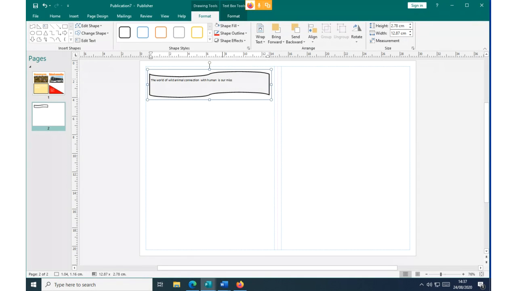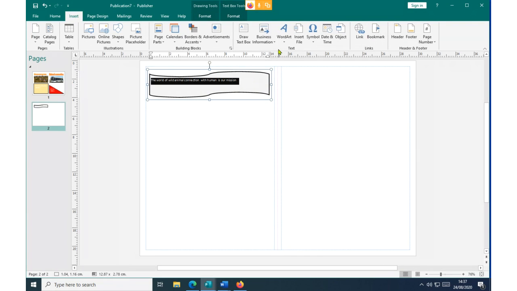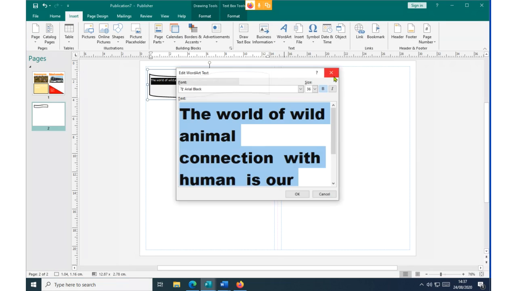We are trying to bring out the kind of work these people are doing. So we simply say this is our mission, as simple as that. Then we convert this into a word art. So insert a word art and see how it will look.